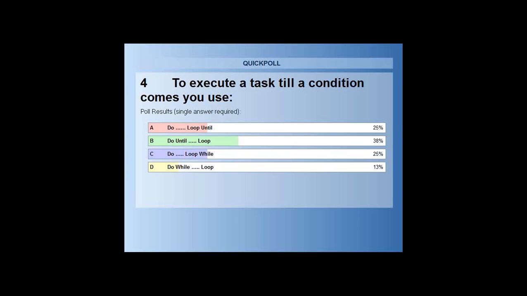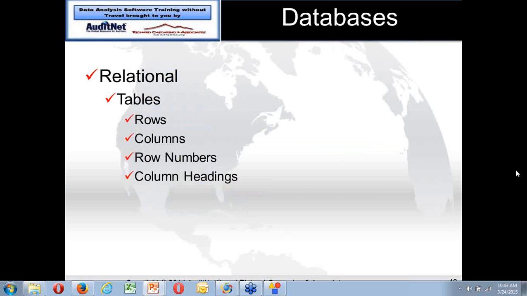Okay, let's take a look at where we go from here. Now we've done quite a few things, so what do we do now? Well, now what we've done is all interactive. It would be nice if we could do it using our data. Okay, and we're going to bring in information from a database, and we're going to do things with information from a database. Now the different kinds of databases that you're going to use, in this case we're going to use